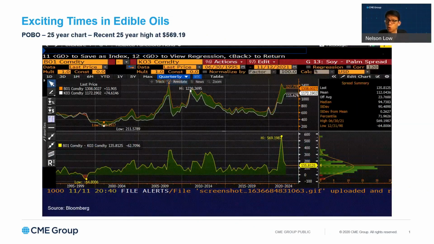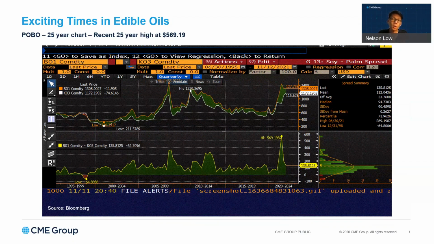The other spread, which I said I'll come back to and talk about, is the POBO spread, which is the palm oil bean oil spread. And this is a 25-year chart. And you'll see that the spread has actually moved around quite a lot. It's quite a volatile spread trade. Now I know this slide is a little busy. I will try to help explain a little bit of the slide. What you see at the top left hand is basically the price charts of the two edible oils.